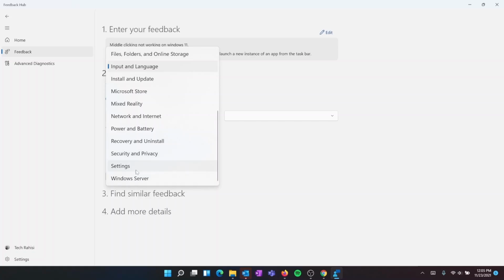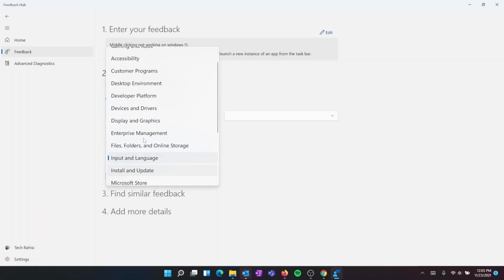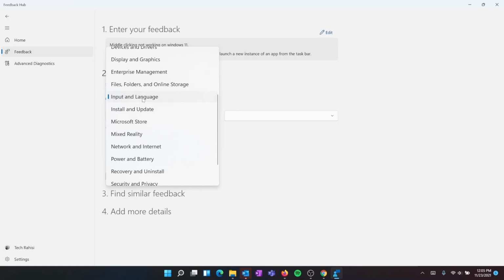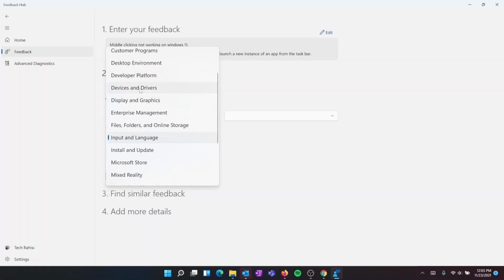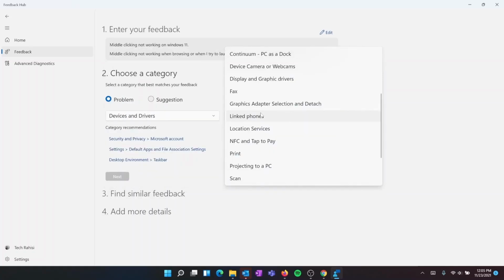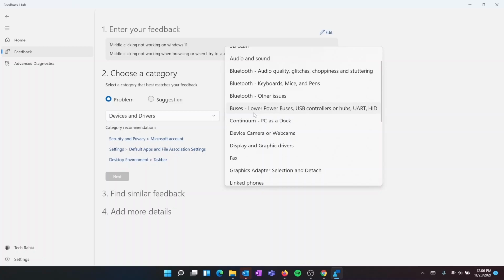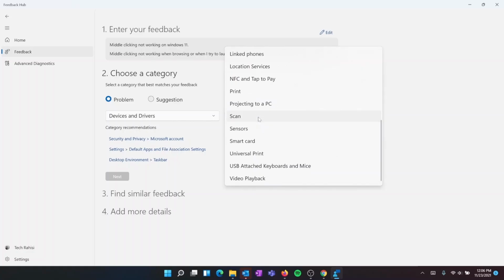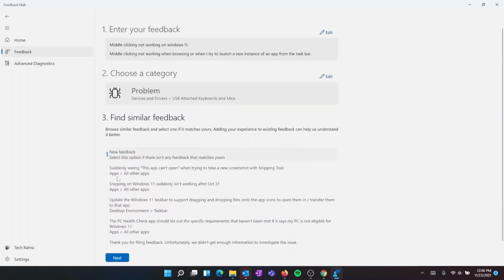So I'll just look around here and see the best category that I can put this feedback, and I really feel like it's devices and drivers, and then you come to this other drop down and see whether I'll find keyboard. It's not Bluetooth, it's USB attached keyboard and mice. So that's the one that I'm using, and then I'll move to next. Make sure you've also selected that it's a problem and not a suggestion. I'll move to next,